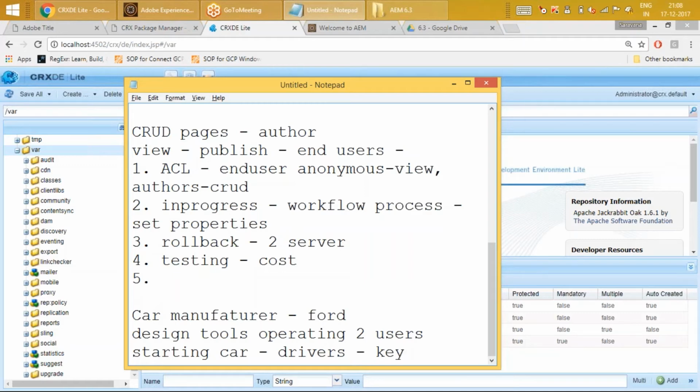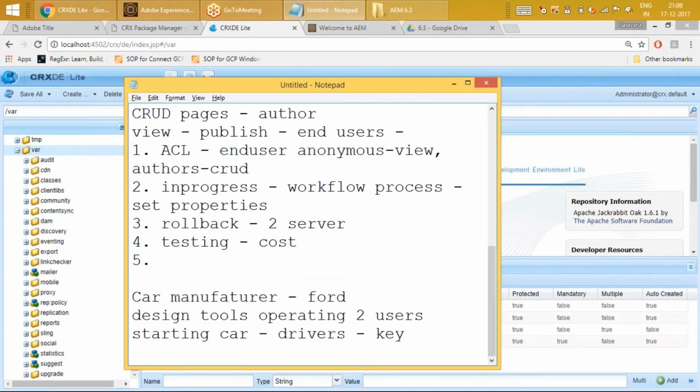And what's another way of starting a car? Is there any other way of starting a car, like a different type of user? Who are the users of a car who make use of the different tools that are there in the car? One is a driver who is actually consuming the car, and there's another type of user. Any other guess? How do I start a car? Like a key way of starting a car versus, are there any other techniques to start a car? Come on guys, any other tricks to start a car?